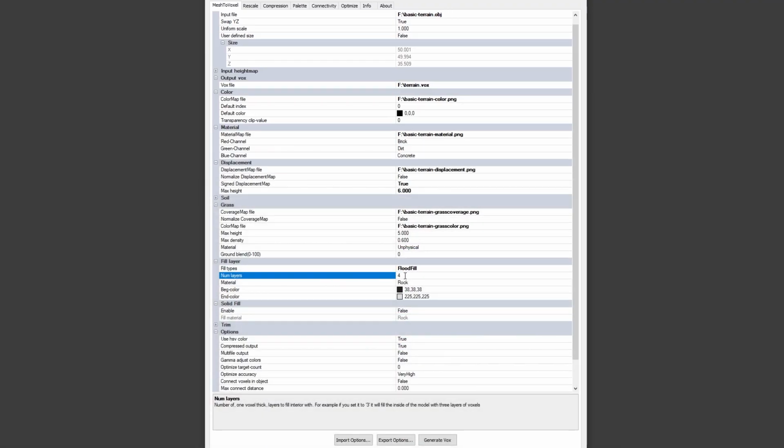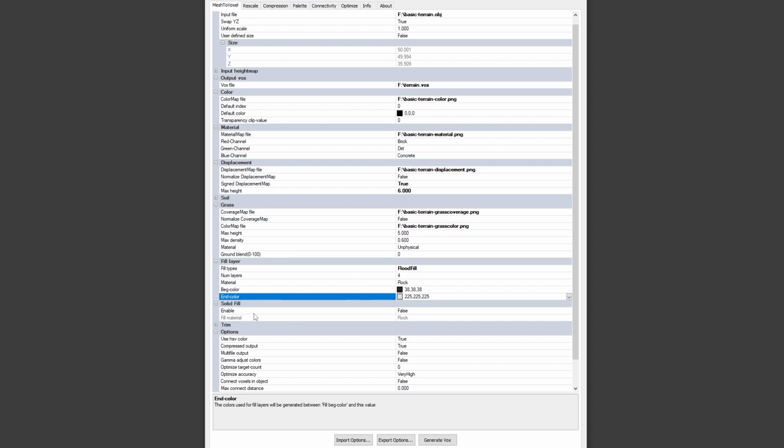Back to VoxTool. So I'm creating 4 layers of rock underneath my terrain. This beginning and end color for the rock material in the palette, VoxTool will create a range of colors from this color to this color. And then when the indestructible layer is created, it will try to match the color for the indestructible layer with the colors of the overlying terrain. So that if you blow away a piece of ground somewhere, the indestructible layer underneath should resemble the texture of that piece of ground you blew away.